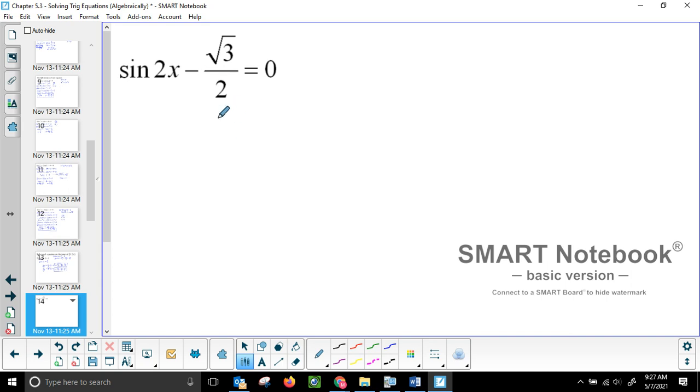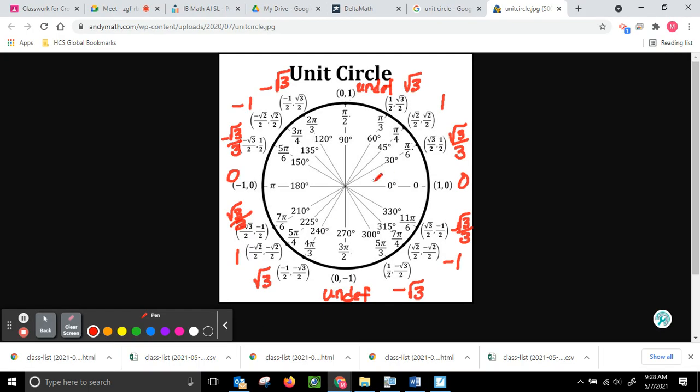Okay, so let's go ahead and look at it. First I just add square root of 3 over 2 to both sides. So we get sine of 2x is equal to the square root of 3 over 2. Remember, we don't worry about this 2 yet. All we do is say, where is sine square root of 3 over 2? Sine is square root of 3 over 2 here at pi over 3, and here at 2 pi over